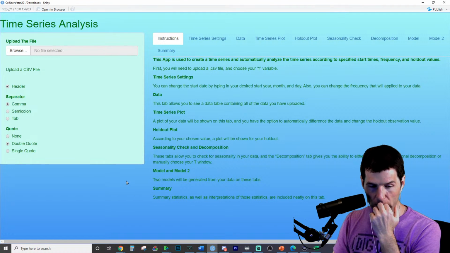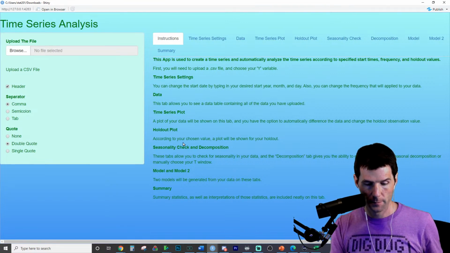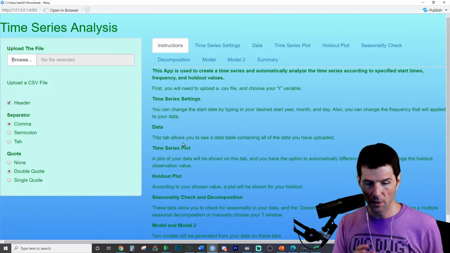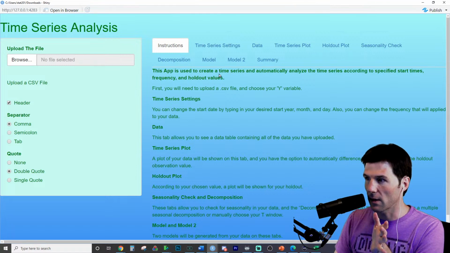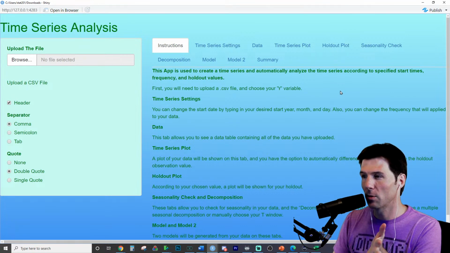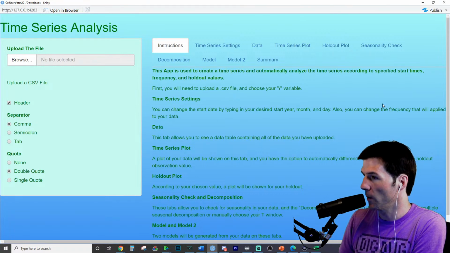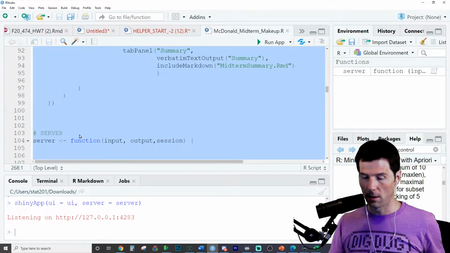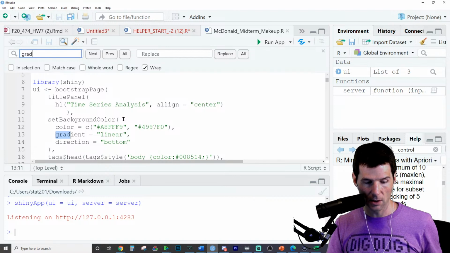Hey, I like the backgrounds. Looks pretty cool. You might make the font a little different. The green on the blue might be a little harder to see, though this over here looks pretty all right. Don't worry, that's just aesthetic stuff. I won't take off points for that. It's all aesthetic choices, you can just change it. But it looks like he did a color gradient on this, which is pretty cool. I want to see where he did that. So there's the linear gradient. Yep, there's the set background color. Nice job. So he did a linear gradient direction.